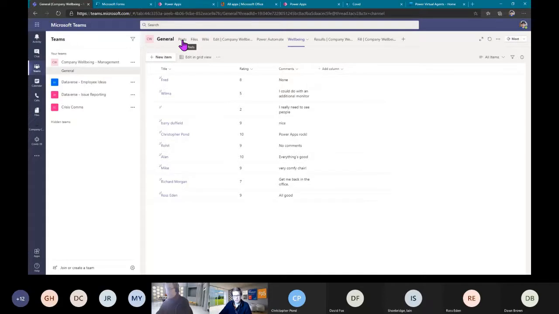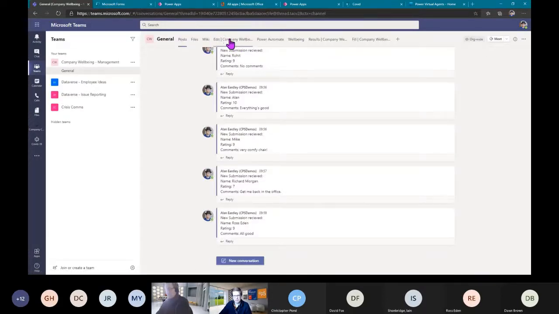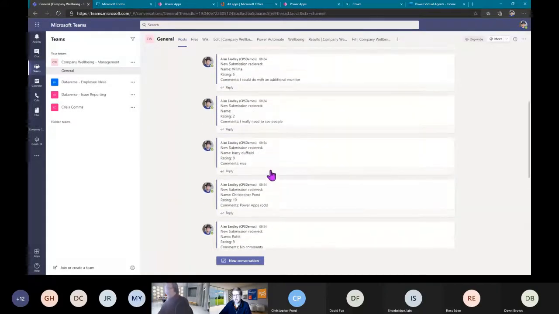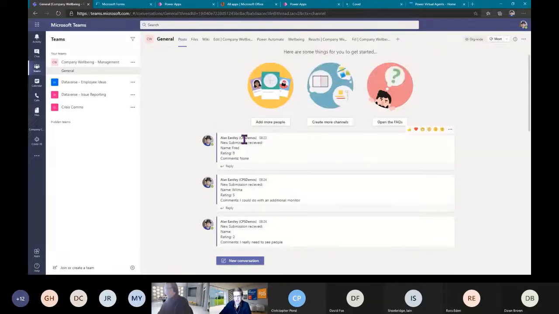But fundamentally, what I've done is I've taken that item that's been submitted, I've used Power Automate, and I've pulled that information over into my list, and then I've also put a message into Teams so I can see notifications, and we can do complex things in here. So I could be notifying people in Teams so that the channel, the team, an individual actually gets prompted to say there's a new entry in this team, you need to look at it, so that it comes up in the activity. So it's a very simple process there, but very powerful when you think about how that could be